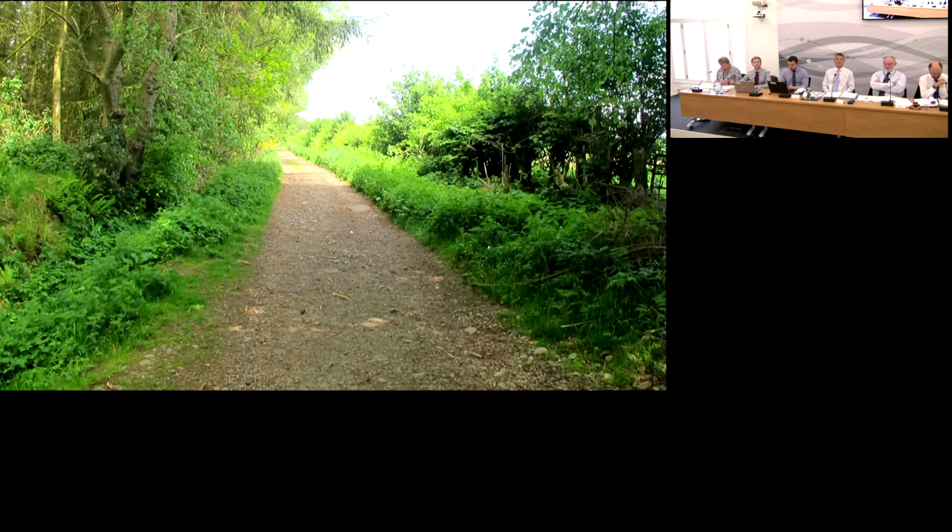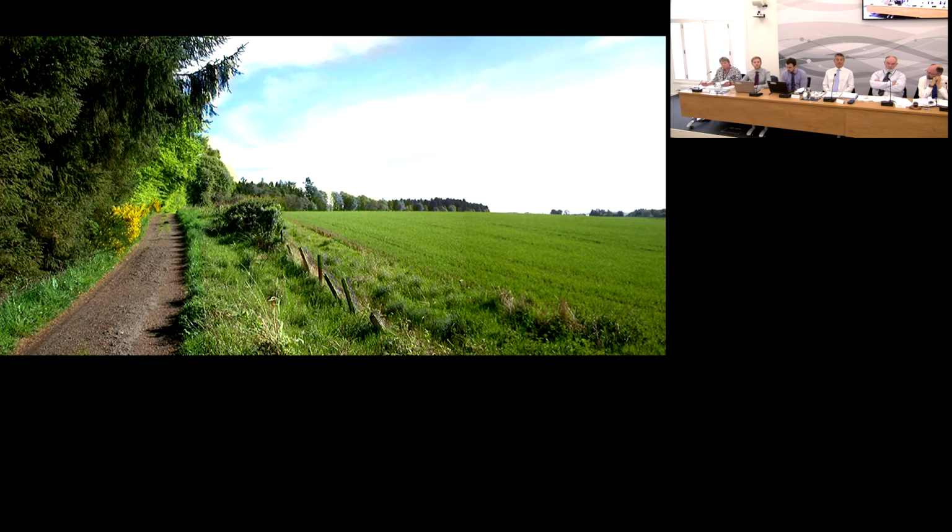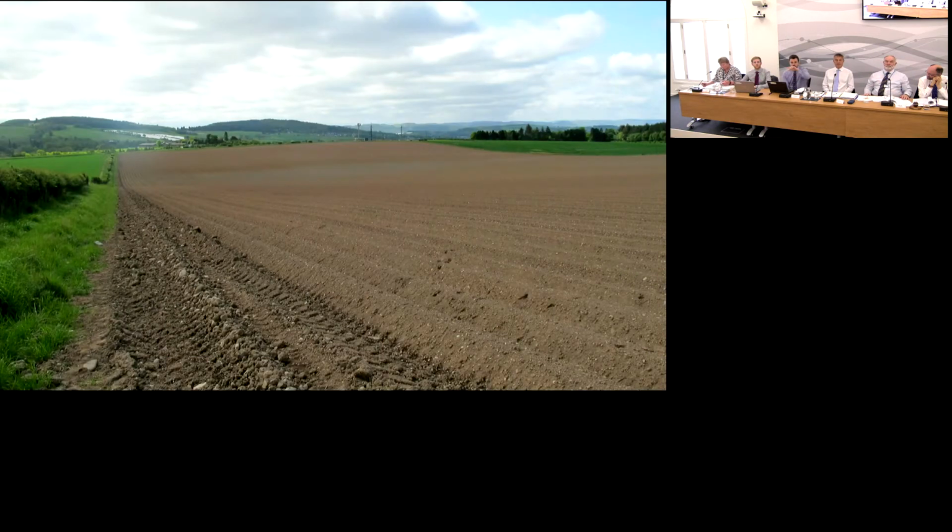Looking up the track of the core path, this landscape section provides a natural established landscape divide between the development phases, with minimal vehicular access proposed to cut across this section of tree belt. The last few slides show the land within the identified latter phases of development, including the approximate position of the Cross-Tay Link Road, which is shown almost in that dip, just cutting across that dipped area in the field,